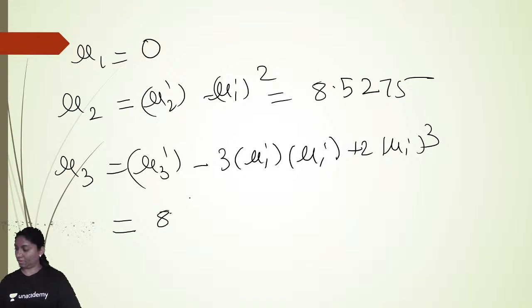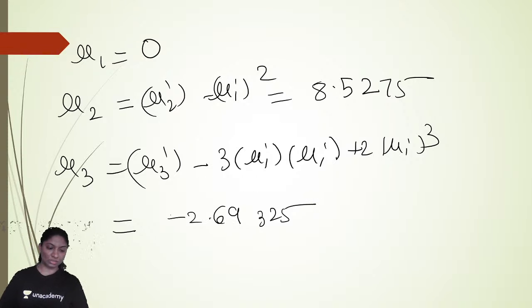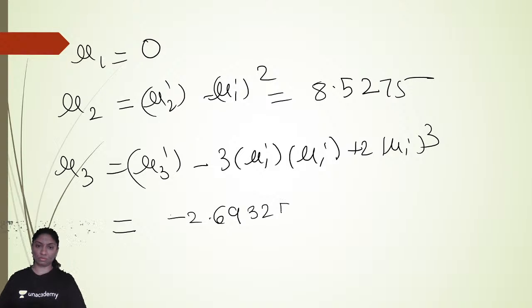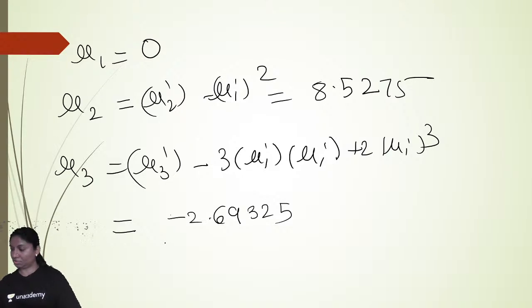8.90, sorry, you get minus 2.69 minus 69325 is mu3. Mu4 is equal to